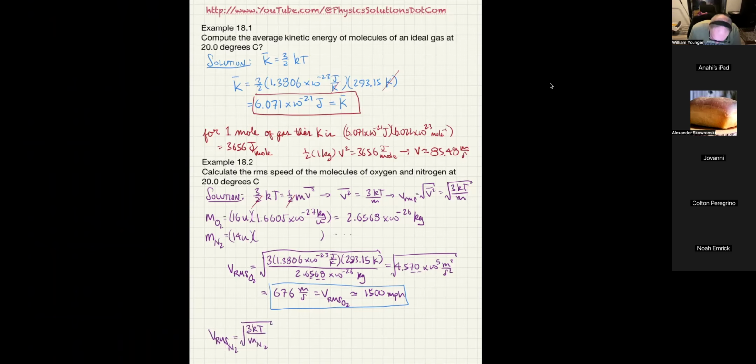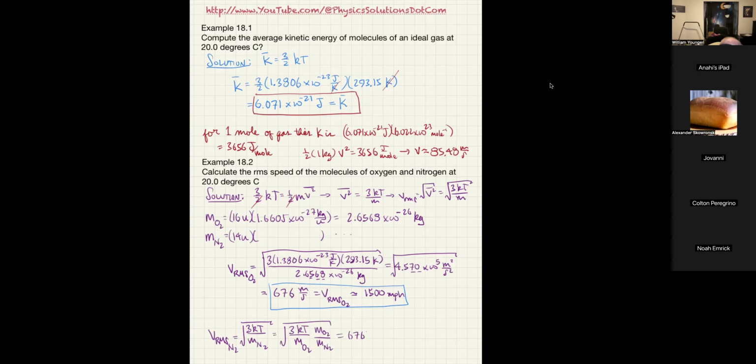Now, this is the same thing as the square root of 3kT over m O2, as long as I multiply by the mass of O2 divided by the mass of N2. Okay? So this quantity right here under the square root, that's the actual velocity of the O2. So all I have to do now is write